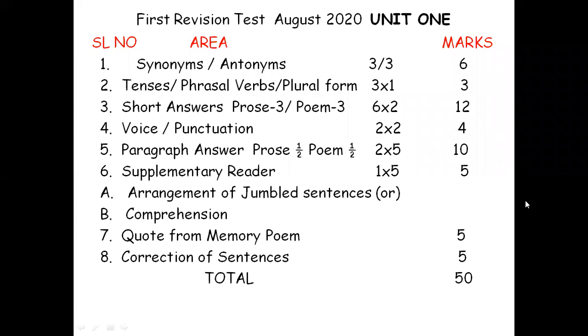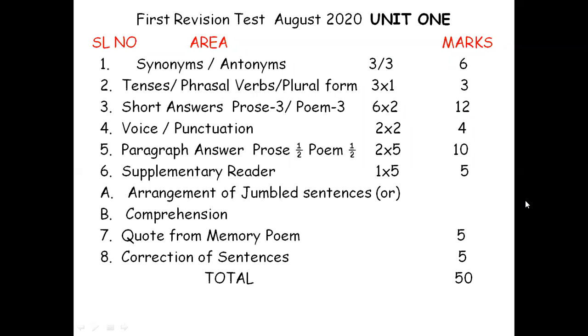For the paragraph question, 2 questions will be given from prose. You'll have to write 1 out of 2. Then coming to poetry, you have got 2 questions, 1 direct question. The second question has lines taken from poetry, followed by 4 questions. Okay, you'll have to attempt that. That is a choice for you, an internal choice.